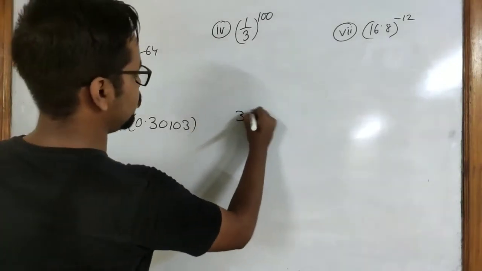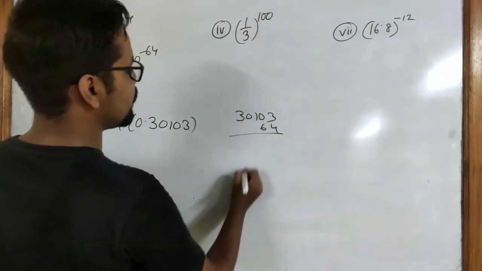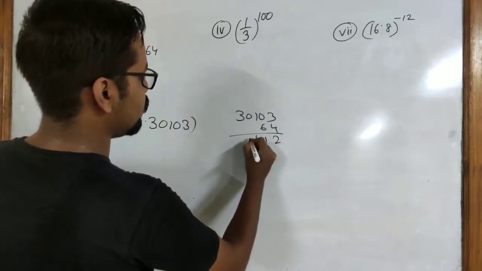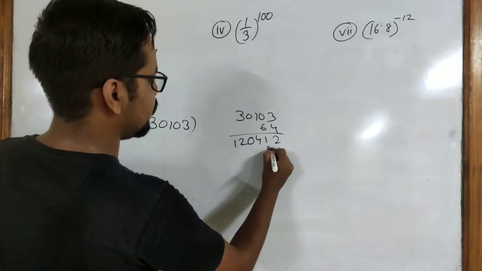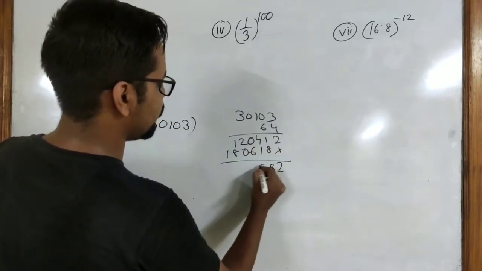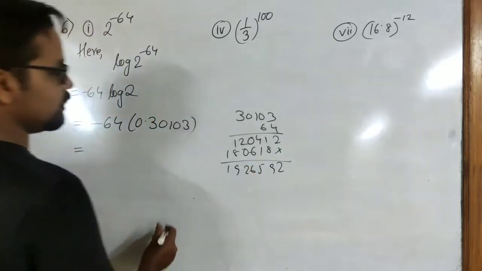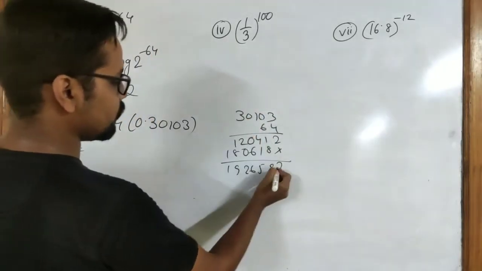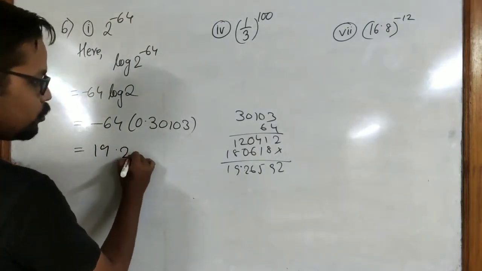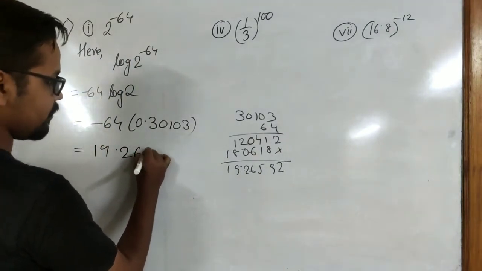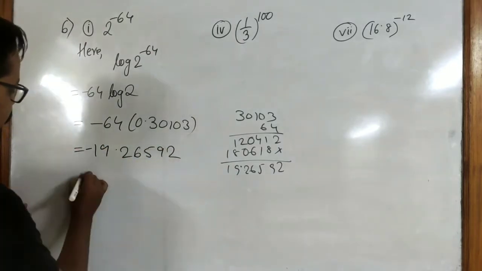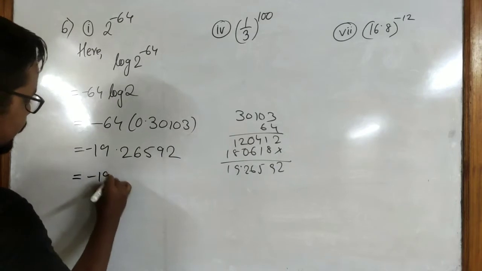It is going to be 30103 into 64, and we have 12, 1, 4, 0, 12, 18, 6, 0, 18. And we have 2, 9, 5, 6, 2, 9, 1. And it is going to be 1, 2, 3, 4, 5. So it is 19.26592 minus. So what we do here is we write minus 19 minus